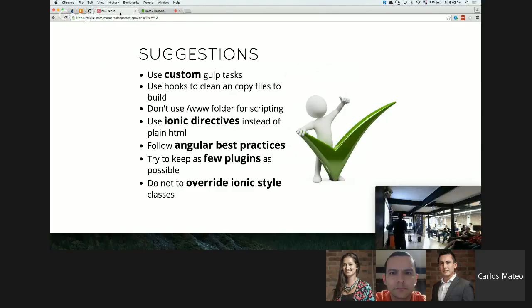Try to keep as few plugins as possible. As I said, it's a messy thing when you have a lot of plugins because the compilers will take longer because they're so big. But it doesn't mean that you cannot do this. If it's necessary, do it. But if it's not, try to use as few plugins as possible. And